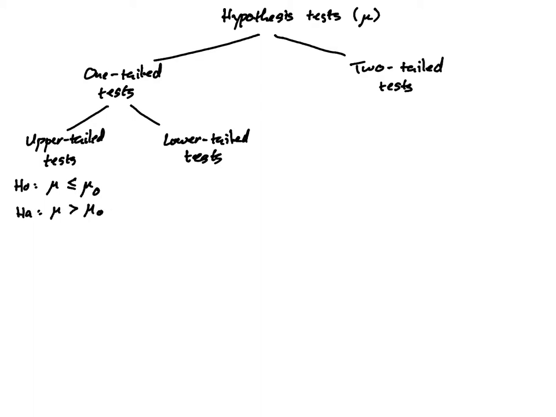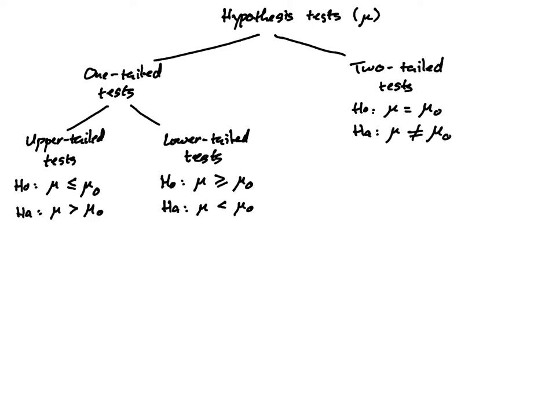Okay. For lower tail tests, it's the other way around. So the null hypothesis in a lower tail test is one where mu is greater than or equal to a hypothesized value, and the alternative is one where mu is less than the hypothesized value. Okay. And then for two-tail tests, the null says mu is equal to a hypothesized value, and the alternative says that mu is not equal to that hypothesized